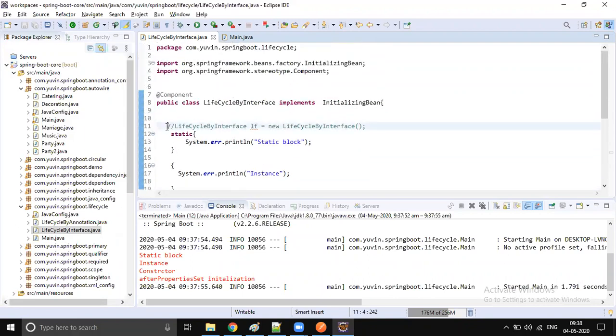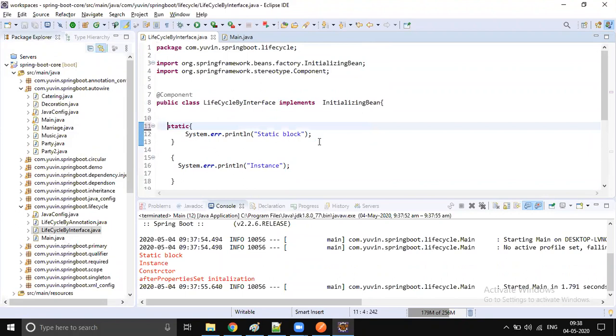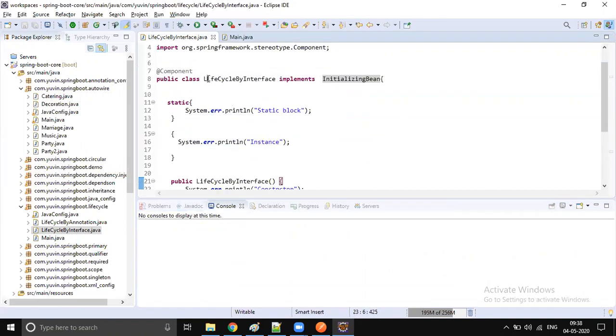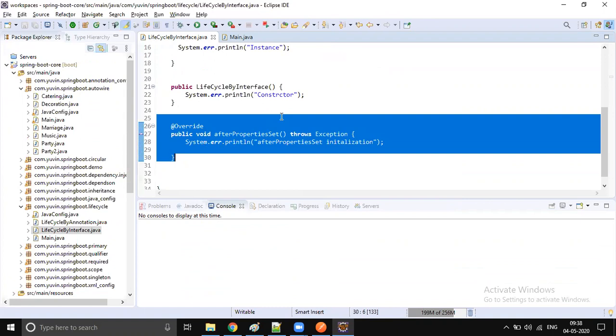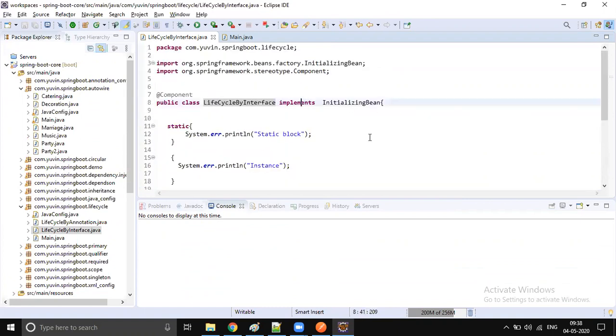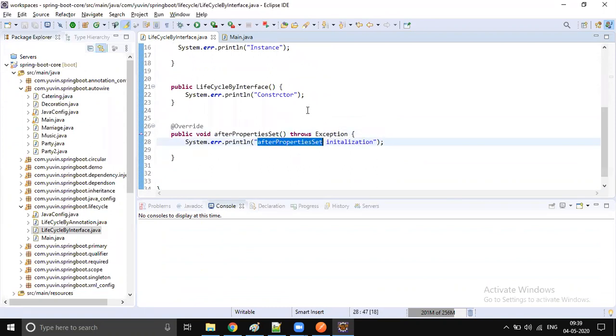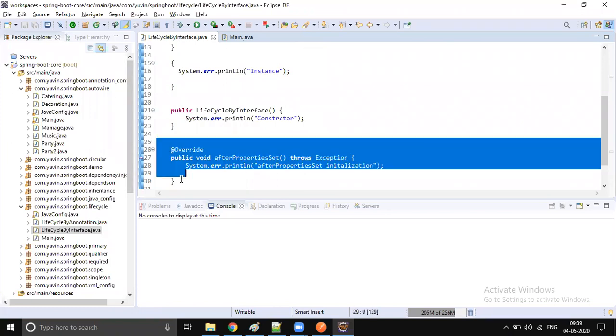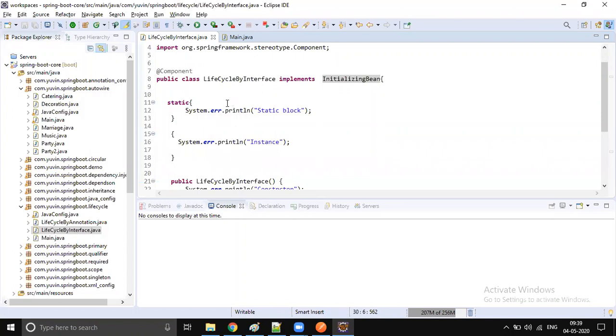But if you write this code and say, okay, I'm done with the initialization callback, next immediately I will give a code review. Can you remove this afterPropertiesSet from your bean? What is my code review comment? Can you please remove this afterPropertiesSet from your bean? If I give such a code review comment, what will you do? You wanted to perform some initialization, and you learned InitializingBean will do that. But I gave a code review saying, can you please remove this? Why did I give that comment, and what is the alternative?